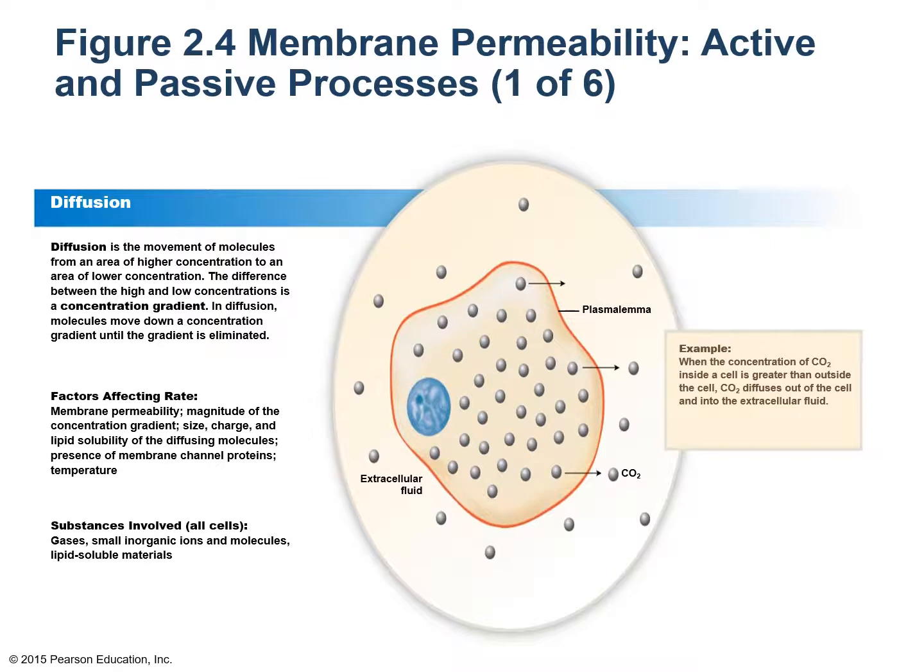In this figure, the cell membrane is denoted by the orange line. The nucleus is the blue circular structure. So everything inside of the orange line is the cytoplasm, and the fluid inside is the ICF, while everything that's outside of the orange line is the ECF. Now those gray circular dots that you see are molecules of carbon dioxide. So there is some carbon dioxide in the ICF and some in the ECF.